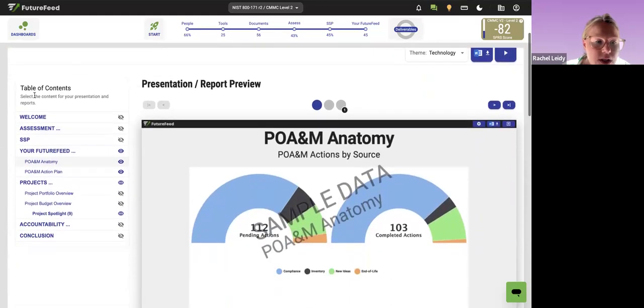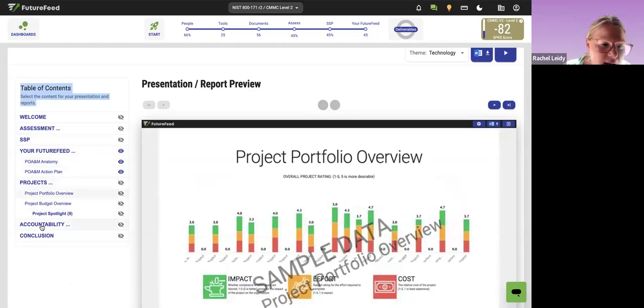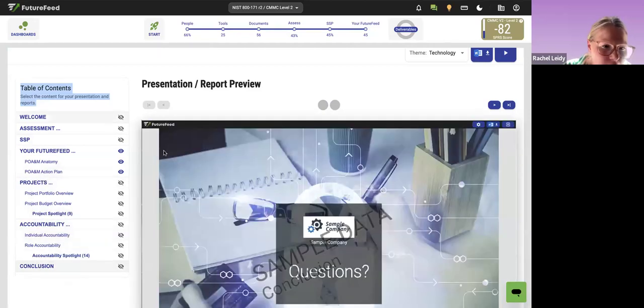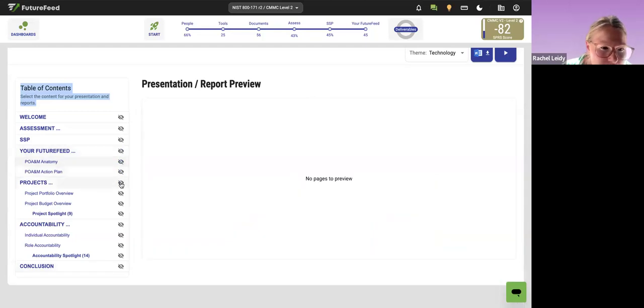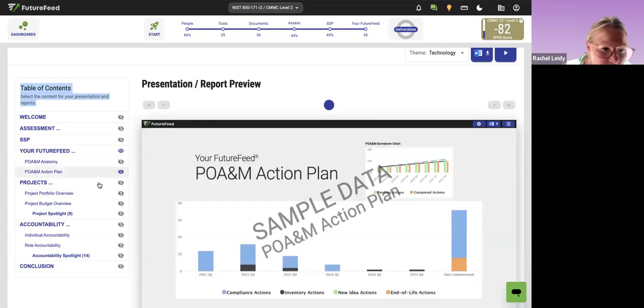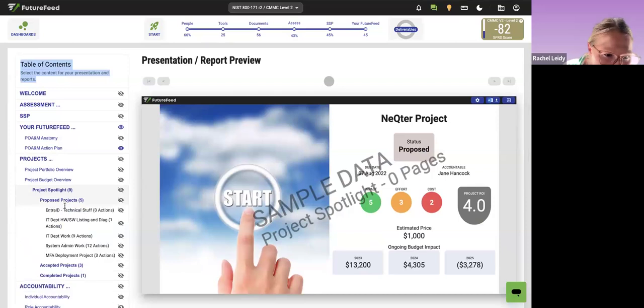So it's as easy as just selecting what you want visible in your presentation. Okay, so let's say I'm going to meet with the individual that's working on that documentation project, because I need to let them know that I just added 3 new POA&M items to that project, so they have 3 more tasks or things that they have to accomplish. So let's say I want to show a little bit of metrics about my POA&M, and then I'm going to go find that actual